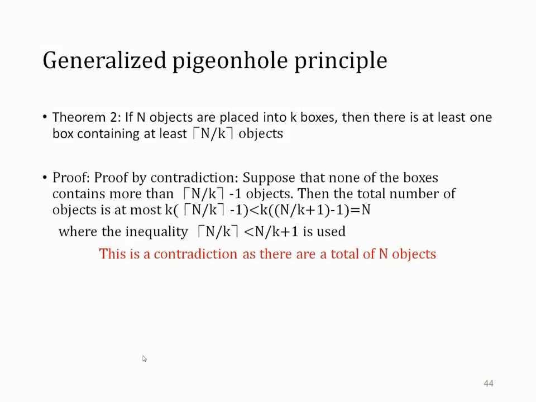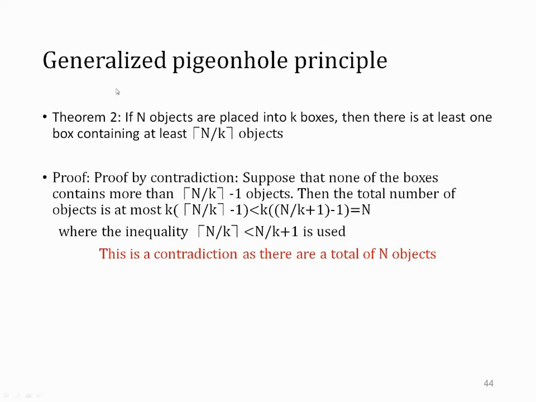Here, if you look at the bracket like this, the representation with the bar above is called the upper bound. For example, n by k, where n is 100 and k is 3. So 100 by 3 is 33.33. Now it is upper bound, which means you are supposed to take 34. If you find the same with the bar below, then it is the lower bound. 33.33 means you have to take 33. This is called upper bound and lower bound.